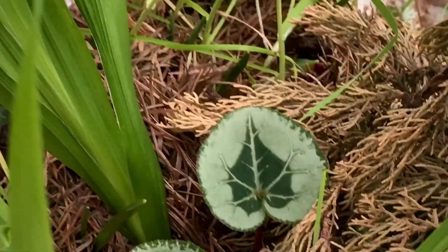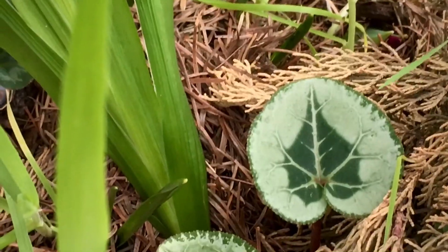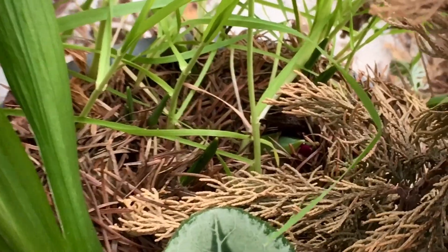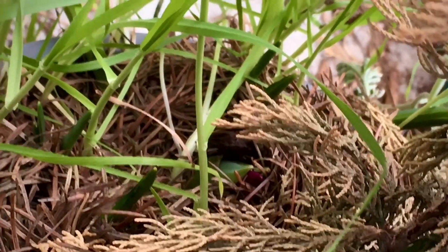And I'm looking down there, and there's another bulb coming up. That might be a muscari. Looks like there's some bulbs coming up there. Oh, you guys, these are probably jonquils. And oh my goodness, if you look, I think that's a tulip. Yeah, that's definitely a tulip in the background with the jonquils. So this, again, you guys,